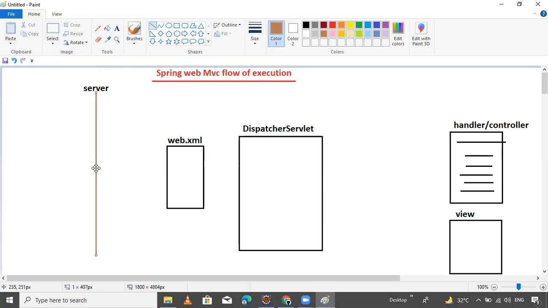This is the server. While the server starts, the server container will perform some operations, three operations. What are the three operations? First, it recognizes web applications which exist under the webapps folder. How many web applications exist inside the webapps folder? And the second thing,